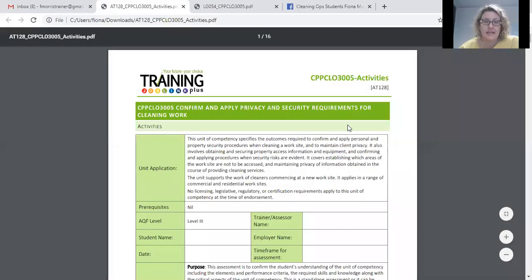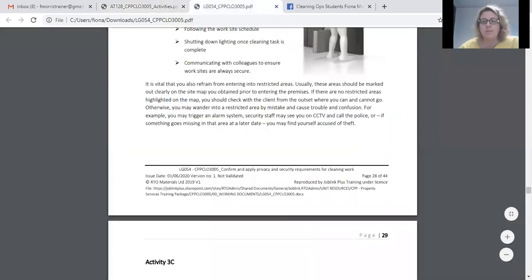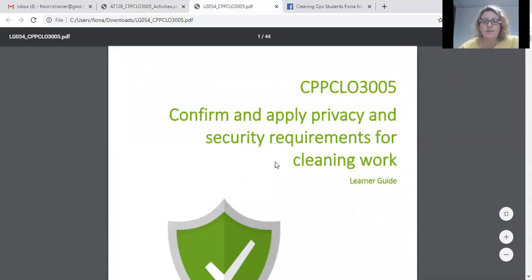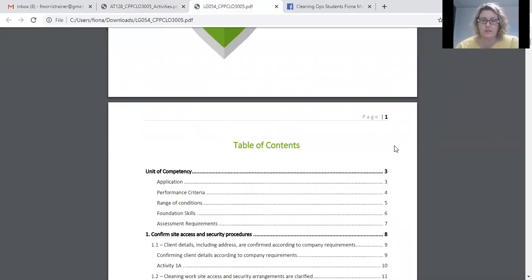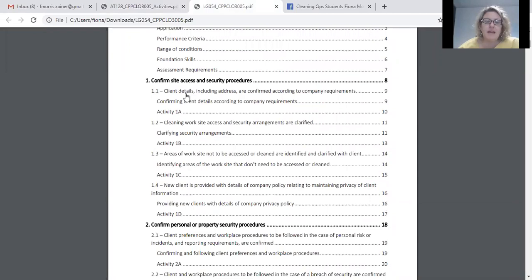All right, guys, today we are talking about CPPCL3005. This is a really easy unit. It is called Confirm and Apply Privacy and Security Requirements for Cleaning. Almost all of this unit is list questions, which means you can bring them straight over from the content. It's about confirming site access and security procedures,